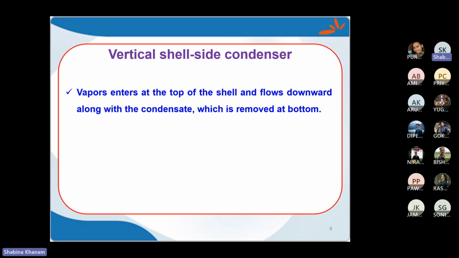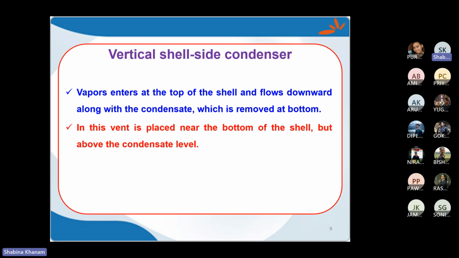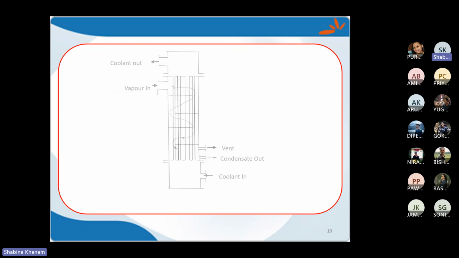Therefore, vapor enters at the top, okay, and then condensate proceeds, and when we are letting vapor enter from the top, it will not go upward, obviously, because the route is towards the end. Okay, so it flows down with the condensate, and then we can have the complete tube available for condensation to proceed. Okay, in that case, vent is placed near the bottom of the shell, but of course above the condensate level. Okay, if you see, this is the